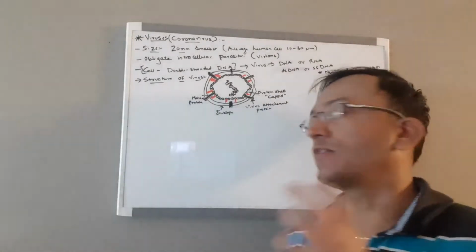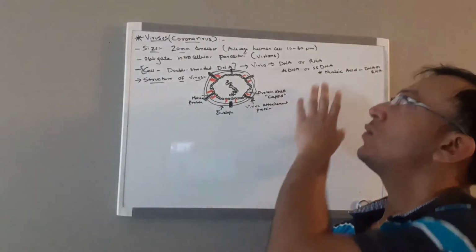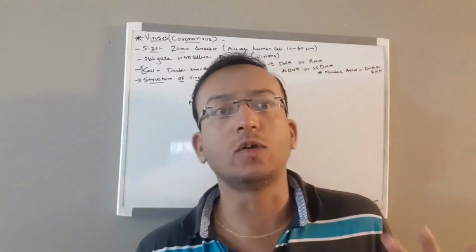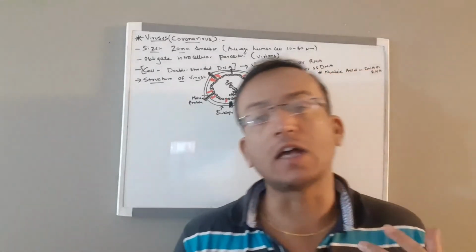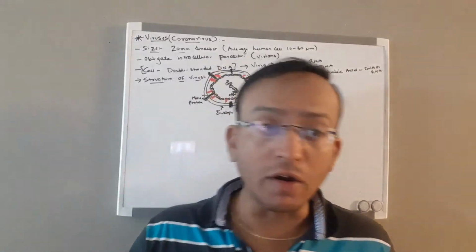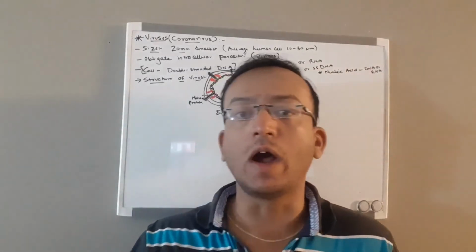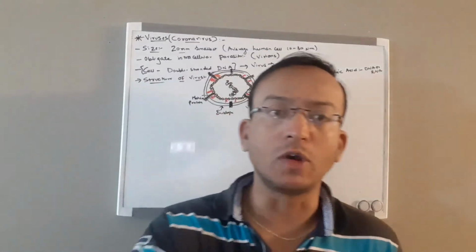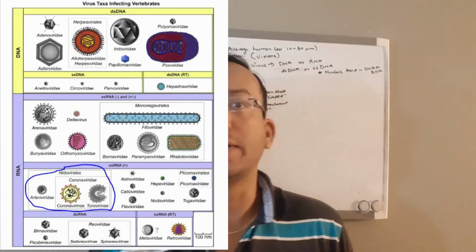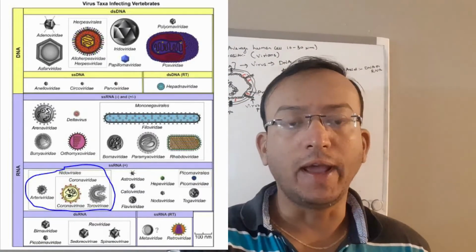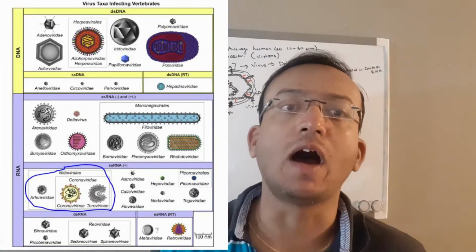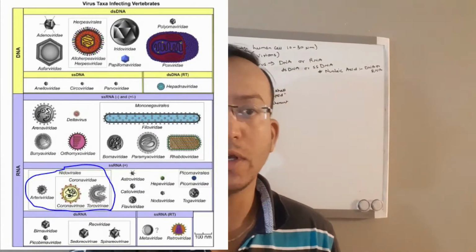And virus classification, as I mentioned, is that viruses are divided into DNA and RNA. So class 1 is double stranded DNA, class 2 is single stranded DNA viruses, class 3 is double stranded RNA viruses, right? These are some of the kinds of virus that are divided, and you can see on your screen the list of the viruses that infect vertebrates. And you can see the coronavirus, I marked it, that is a single stranded RNA positive strand virus, that is